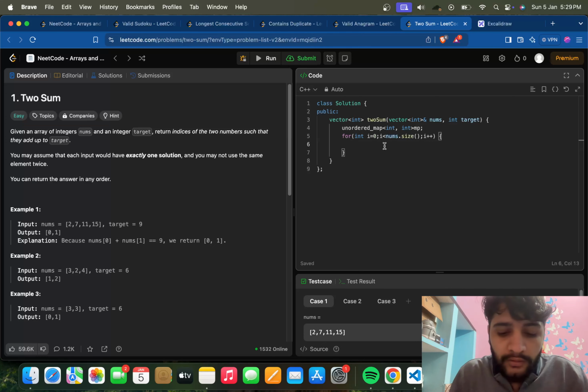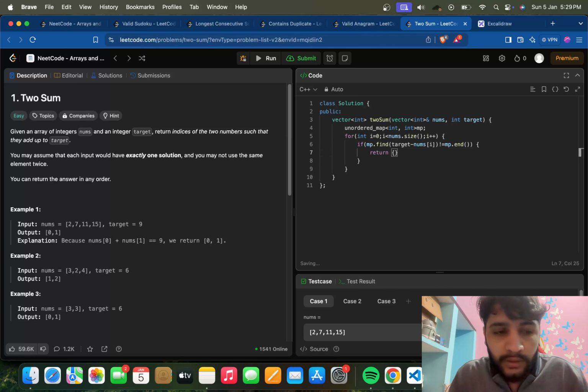So what we need to find is if mp dot find the target minus nums i. If it is there, not equal to mp dot end,